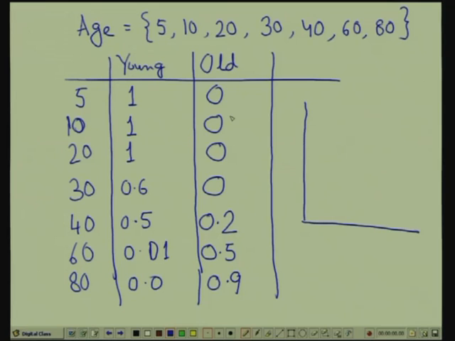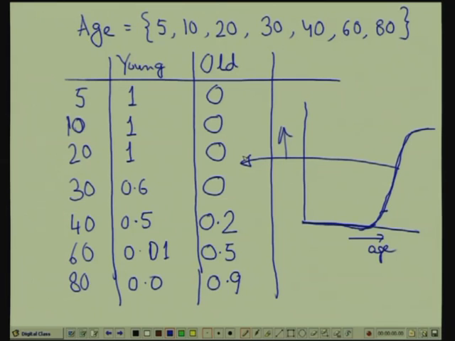mapped a particular curve. What is this curve? So, if this be the age here and the membership on this side, these are all zeros, and after 40 it is 0.2, then 0.5, and then 0.9, something of this sort. Now, this curve can be mapped to this form of a table. So, the curves that we are showing you till now can be represented in the form of a table, therefore, it is amenable to be represented in a computer.